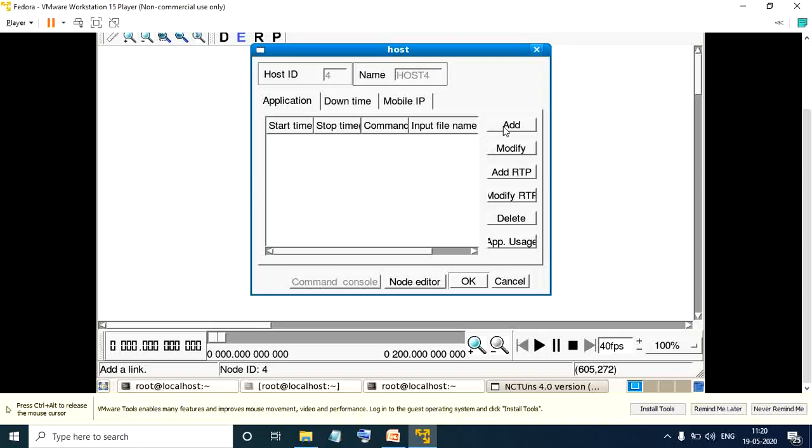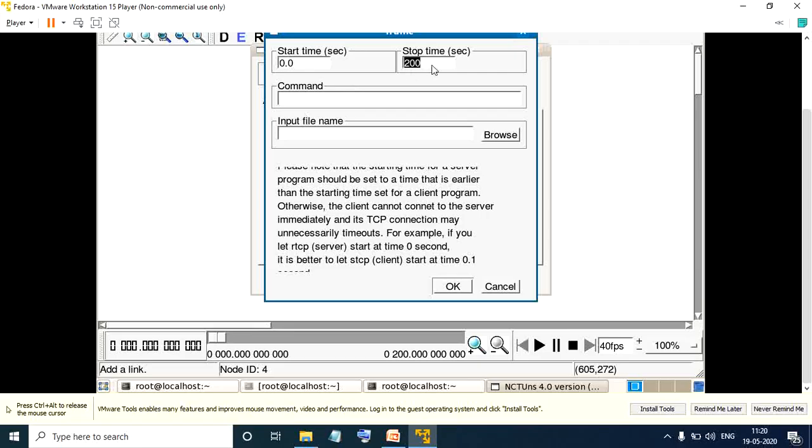As we are done there, here also we need to add something. So we will be adding a command. We will be changing the stop time from 200 to 20, and the command we will be using is rtg space minus u space minus w log1. RTG is for the receiver end, minus U is your UDP, and minus W means you will be writing the files. Once you get all the packets, you need to write them somewhere, therefore you are using minus W. Log1 is whatever log files we have selected, which will get logged. Okay, press this OK.